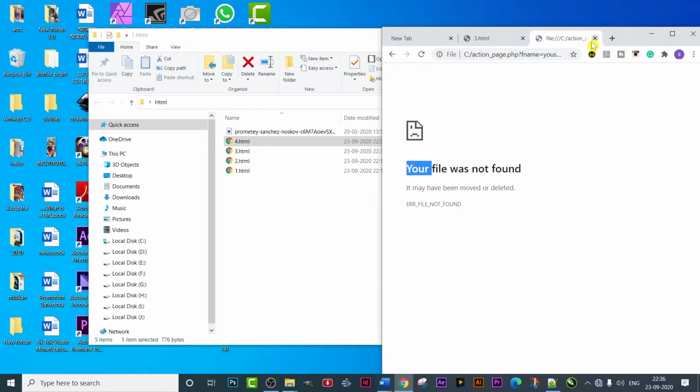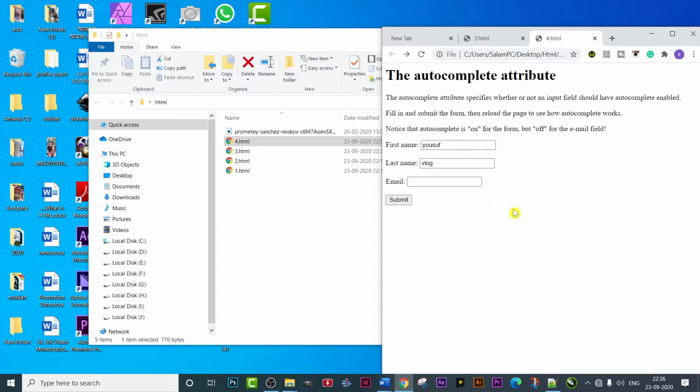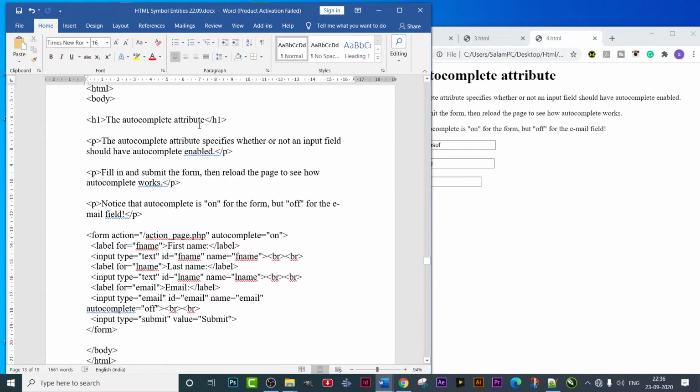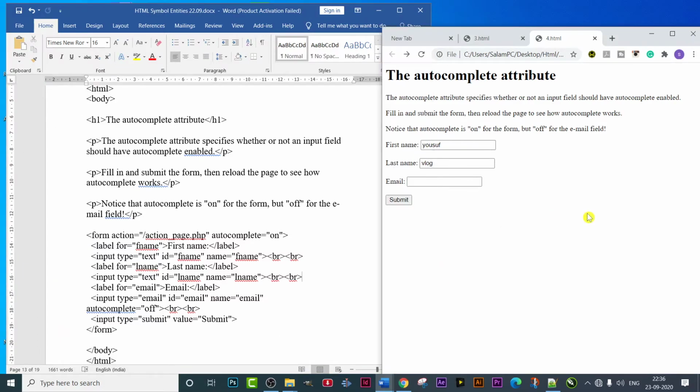Whatever. Now let's see how we run this program. Okay, so this is the program. Now let's explain this program. As you can see, this is the entire program. This is the same as the before one. Same tags are used, same procedure is there. As you can see, first name, last name, email, same thing is there. Only there are 3 boxes and there were 2 boxes, right? But the work or the output is different.